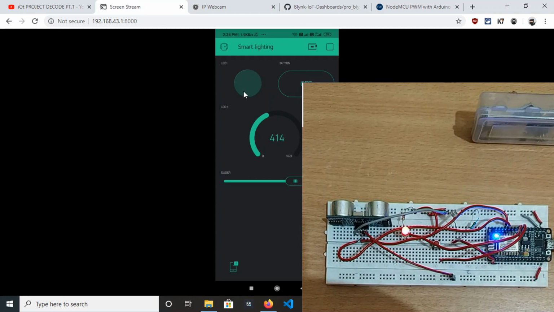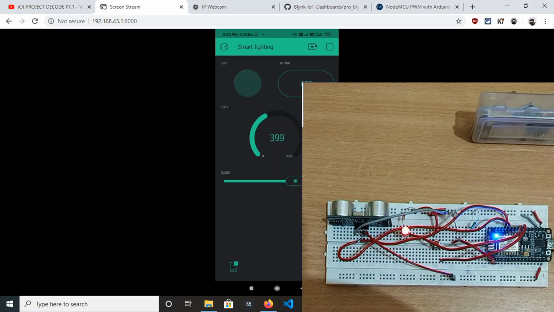And you can also see here a button. This button will help us to switch off the whole project, switch off the street light anytime. And let me click on this button on our IoT application. Yeah, the bulb is turned off here, and the bulb is also turned off on the hardware setup as well. Fine. Let's turn it off again.